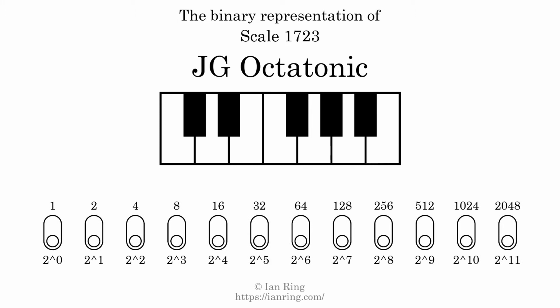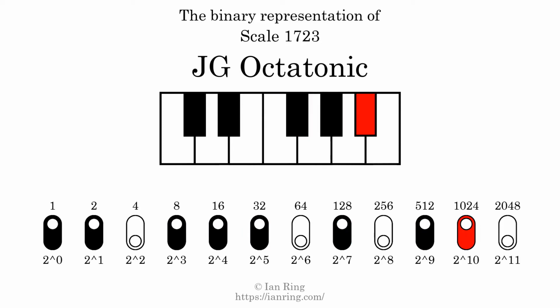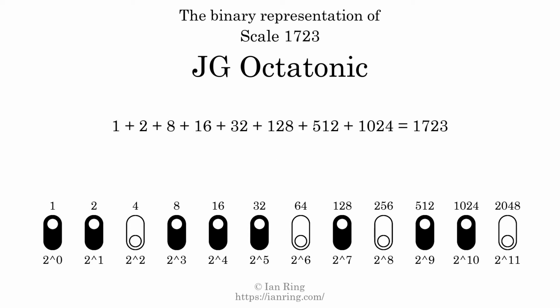The binary representation of this scale is determined by mapping tones of the scale to binary digits. Each binary digit represents a power of 2. To get the scale number, we add the powers of 2 together. The powers of 2 that are present in the scale, all added together, equals 1723. That is why the scale number, in decimal, is